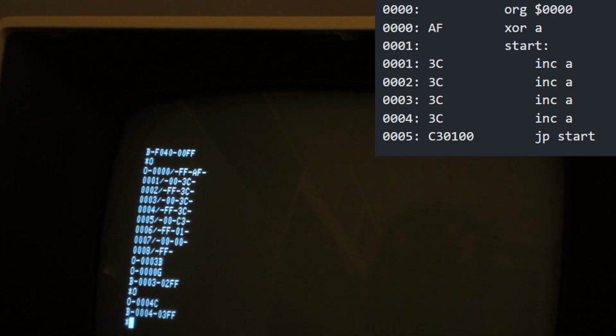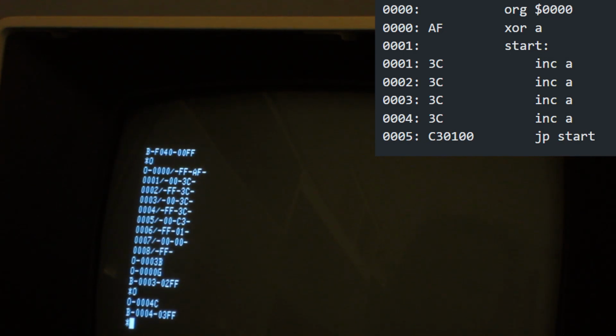But we can also do the P command, and that puts back the breakpoint where it last was, but before doing that it starts the program from there. So it puts back the breakpoint and then resumes execution.